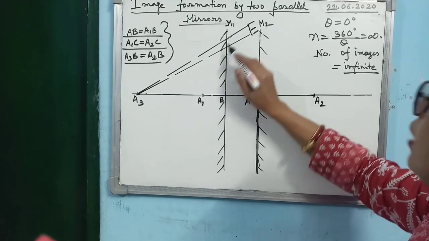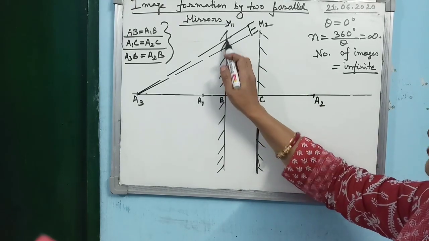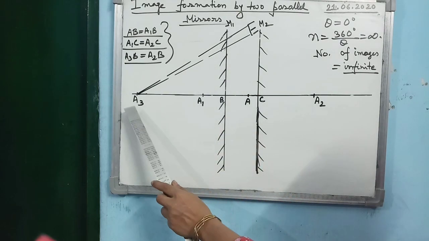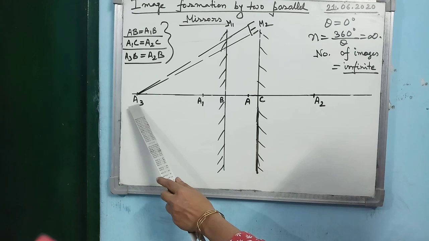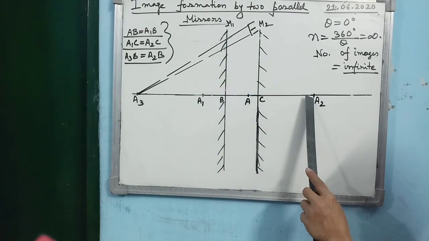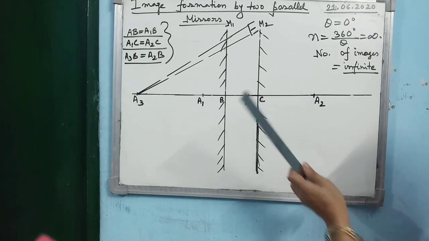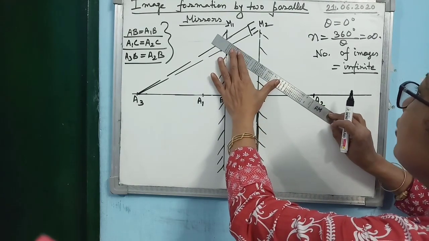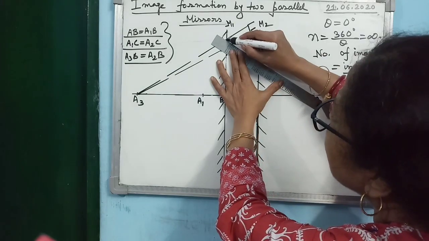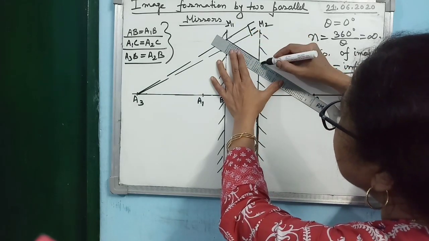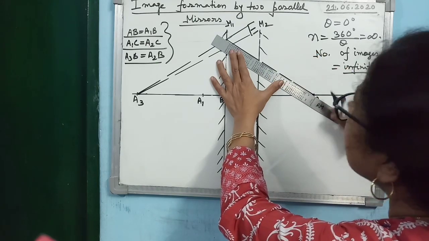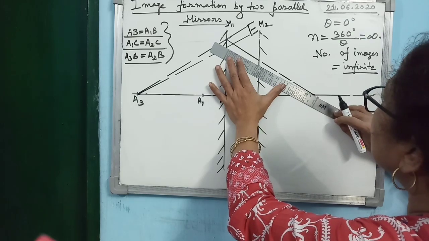You see these two lines meeting the mirror M1 at these 2 points. So with whom must you join them? You find out whose image is A3. Whose image is A3? A2's image. So these 2 points you have to join with A2. When you join, between the two mirrors the line should be solid, and behind the mirror it should be dotted.